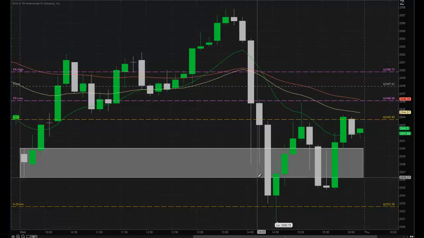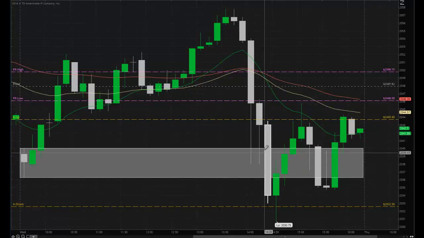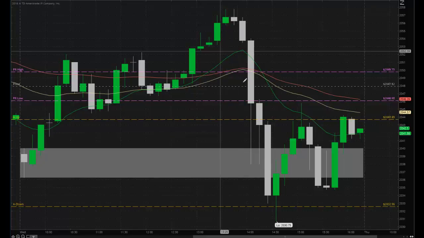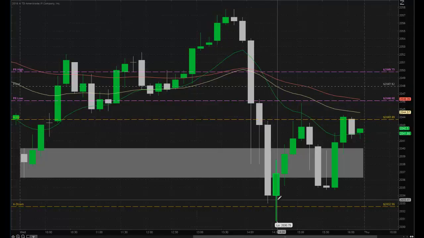Okay, so this would be your B stop if you're using Fisher, or a closing bar would be what I would use, but the closing bar came way down here. Anyway, I wouldn't have been long at this point. What I'm trying to say is that today there was a lot of manipulation in the market. We pushed all the way down through the pivot range again, came down through the opening range, came down here, confirmed the